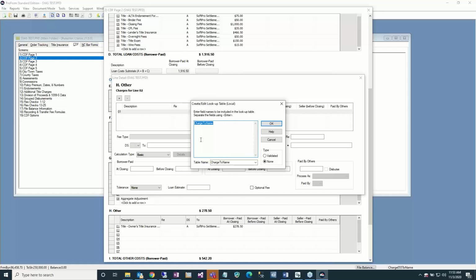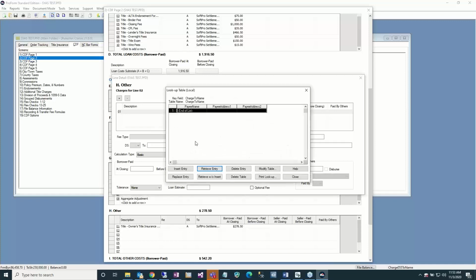But here's where it gets tricky, because we have to tell the program what fields we want to maintain in this lookup table. To that end, I'm going to add a structure. In this particular case, I want to store my payee, the street address, and the city, state, and zip. That's what I'm holding here. My table name is the charge to name, and I'm going to hit OK. That gives me the ability to store State Farm. It gives me the ability to store Turning Point Survey